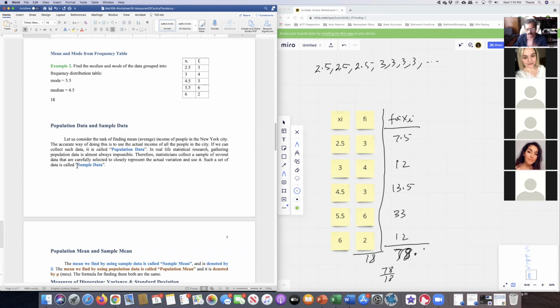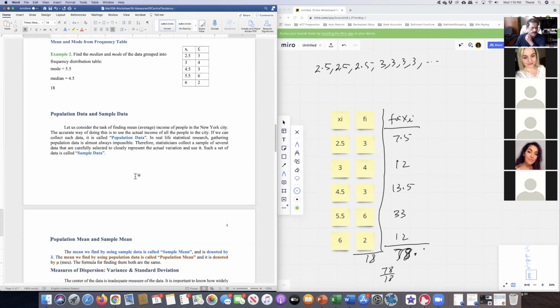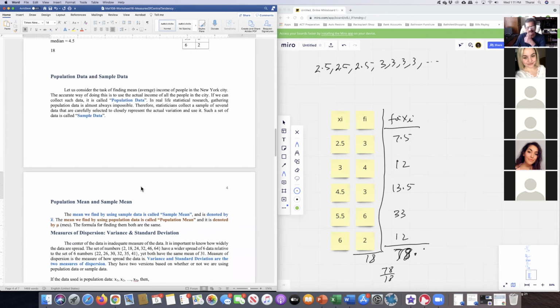Sample data means you randomly select sample information, reasonably random. That means I cannot just take all of the data from Manhattan. I have to go to the other areas and take some data from everywhere. So take a good sample from every part of the city and use that to find the average. That'll be your mean income. So sample data is an easy way of getting an approximate answer, because an accurate answer is most of the time